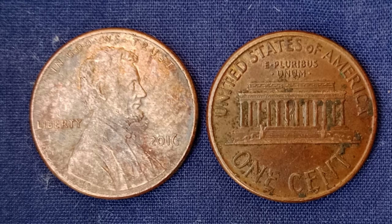For collectors and enthusiasts, the lesson of the 2016 penny is clear: never underestimate the power of observation, and never assume that something common cannot be extraordinary. Hidden within the smallest things can be stories of immense worth and wonder. The 2016 1-cent coin worth $278 million will forever stand as a symbol of rarity, imperfection, and discovery, a testament